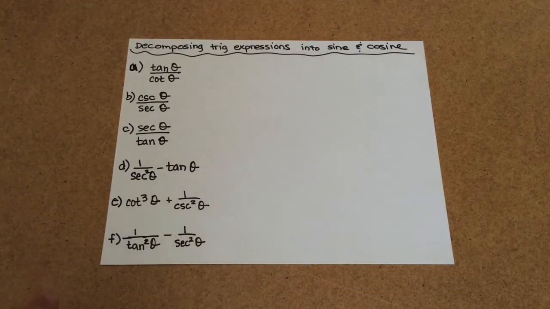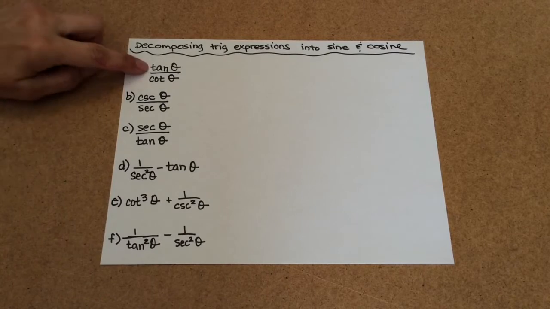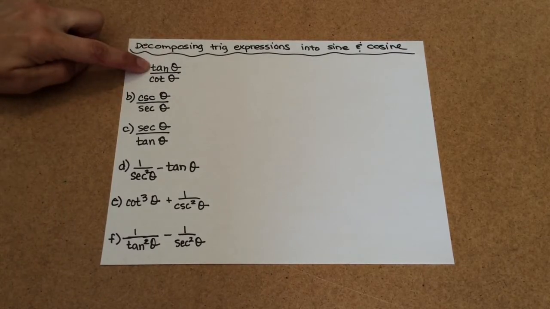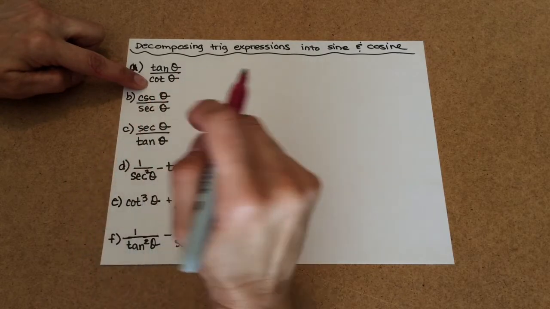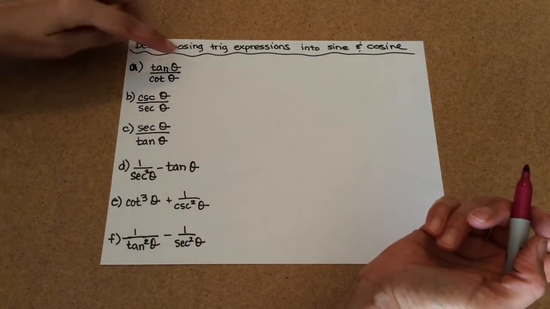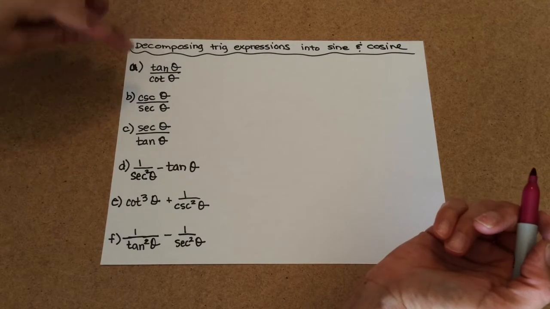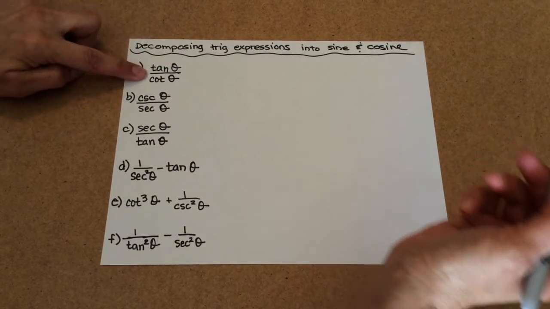Let's take a look at some problems. So here we have the first problem, tangent of theta over cotangent of theta. And we want to decompose that into sine and cosine. So a couple things you could do is write tangent of theta, which is sine over cosine, and cotangent of theta, which is cosine over sine. But that would then in turn create a complex fraction. So I think a more direct